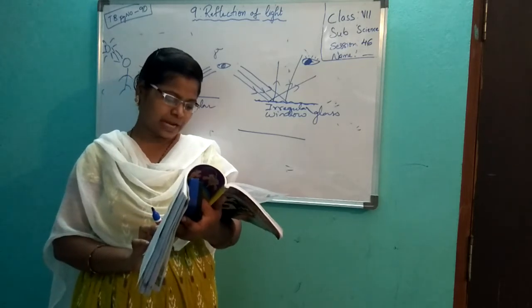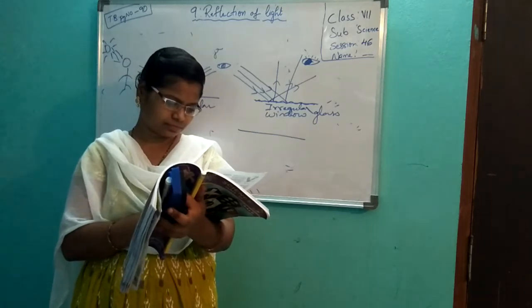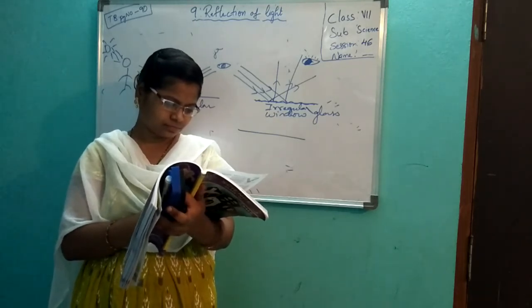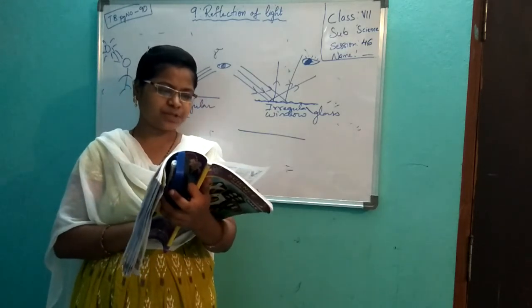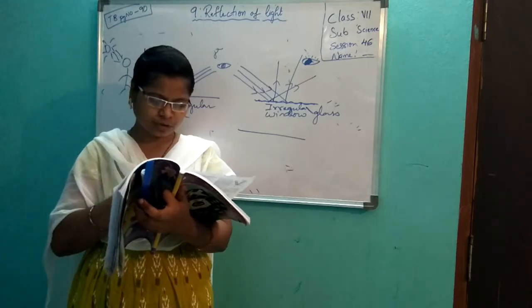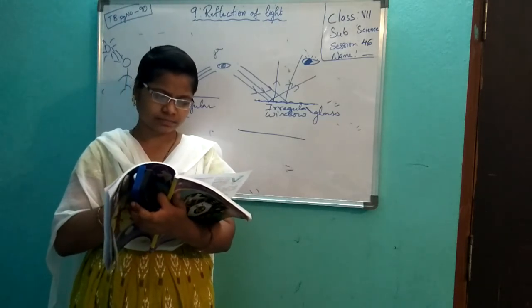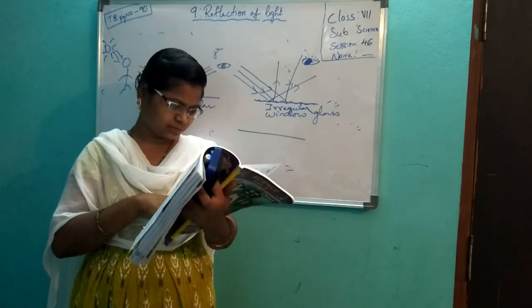Now take page number 94. You have to write the differences between the concave and convex mirror, okay. It is somewhere, I am watching. Write the differences between